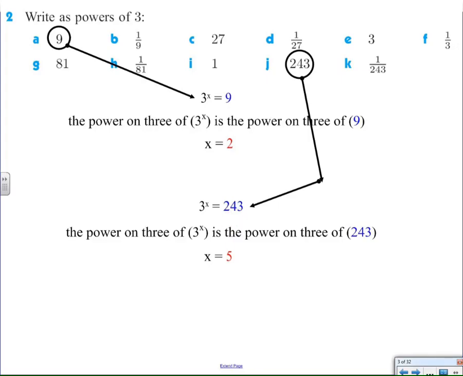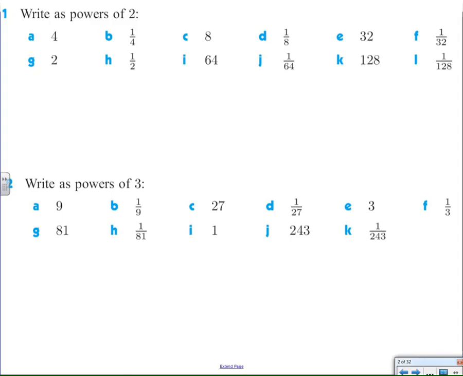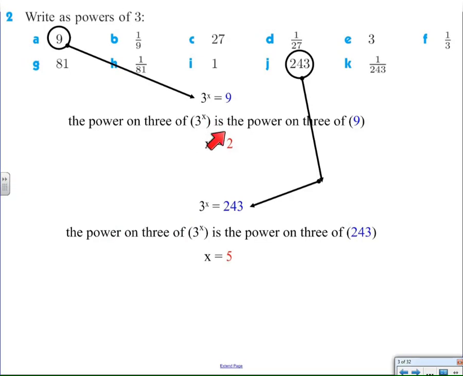So, if you think about the original question where it says write as powers of 3, 27 is written as 3 cubed. I'm going to modify the question slightly and just focus on the exponent itself. What power on 3 makes 27? And the answer is 3. What power on 3 makes 243? The answer is 5. As you can see, it's kind of cumbersome. It's a lot of words to put together just to ask what is the exponent that makes the number. So what mathematicians have done, and this goes back several hundred years, so we have no say,